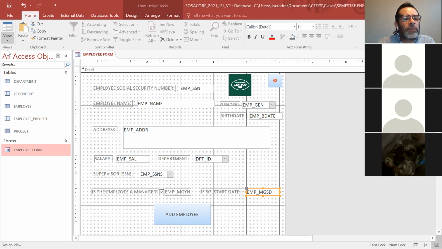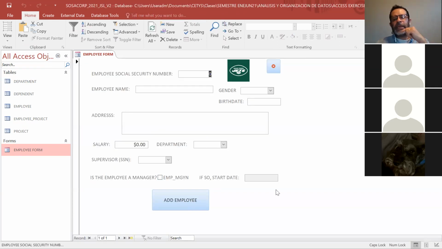Back here to home, I'm going to go to the form view. Notice what's happening here. Is the employee, I'm going to add another one. I'm going to say 120. Let's see who we can add here. Let's say Iskra